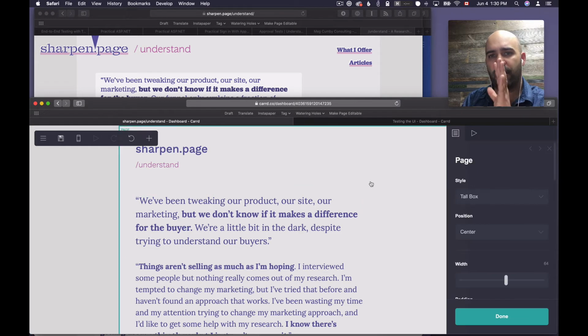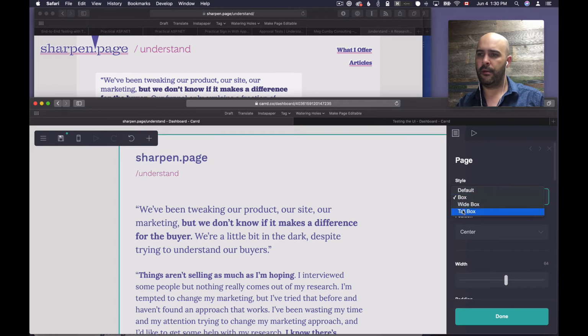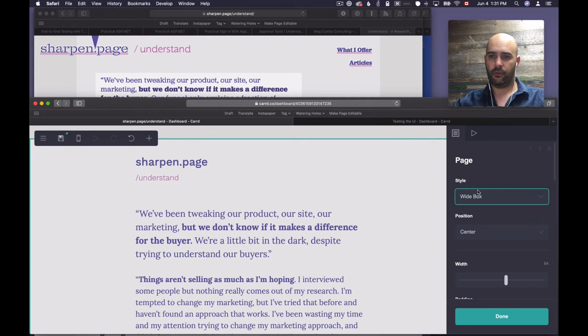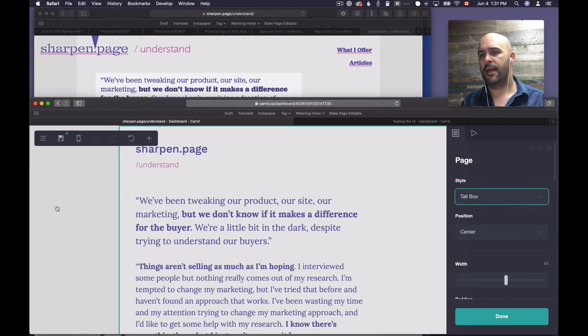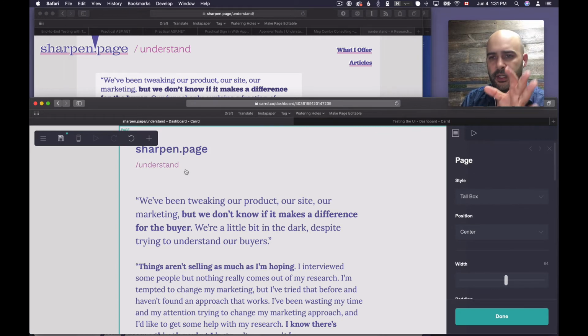And because my content is centered, this was how I was able to have the stuff I wanted. So for the property of the page, I wanted a tall box as opposed to just a box that was centered on the page. Tall means it goes all the way to the top. And it's not a wide box because I didn't want it to be full width. I want it to be in the middle. And the background element here is where I can change the color and stuff like that. Now that I have those things done,